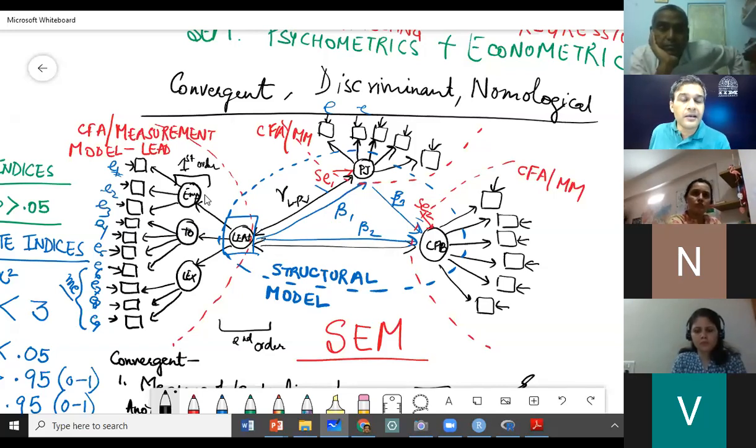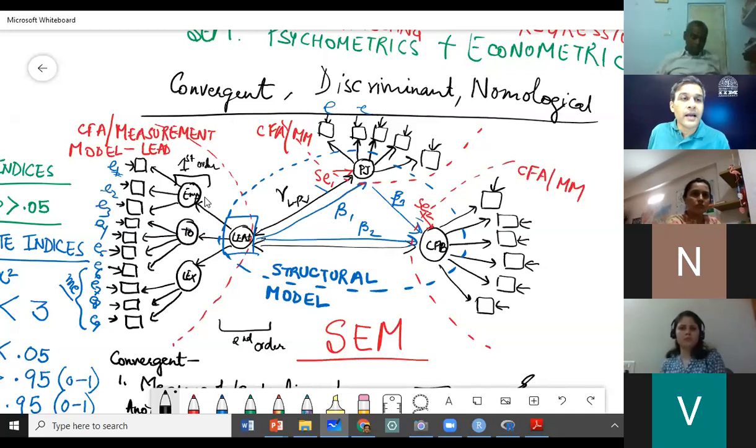The first hierarchy is EMP, TO, and LEX, and the second hierarchy is lead. This is what is defined in the literature as hierarchical CFA. Now, why are they endogenous here? Because they are in turn determined by lead. That is why they are endogenous.